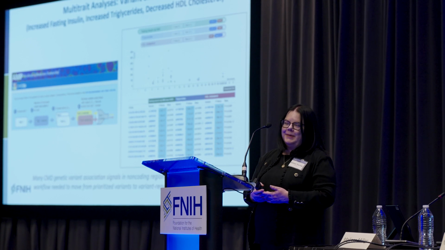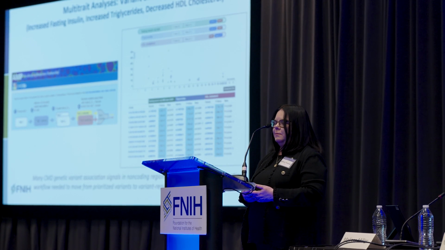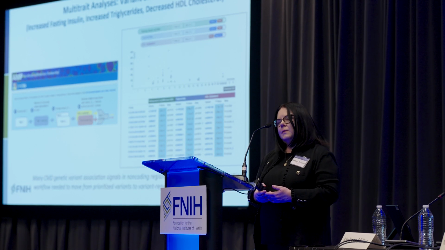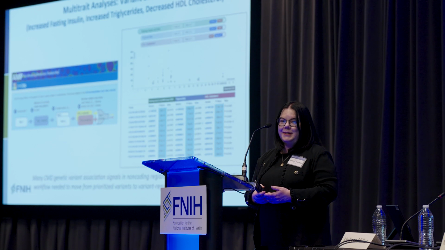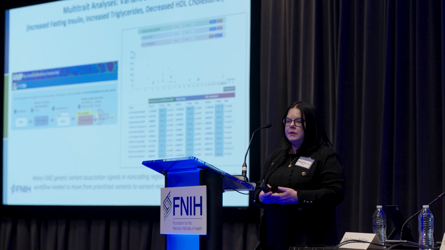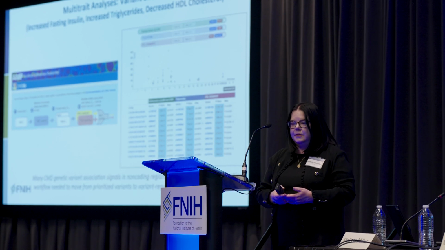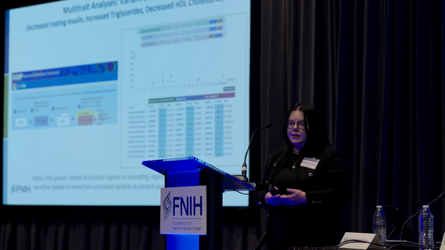Well, perhaps you want to understand a different question, not just that variant, but if that variant was associated with increased fasting insulin, what if I wanted to look for a target where I could actually decrease insulin resistance, improve dyslipidemia, and increase HDL cholesterol? In that context, you can put multiple traits into the variant sifter tool. And there, you can see which variants come to the top and also the directionality of the effect on these traits that you're looking at.